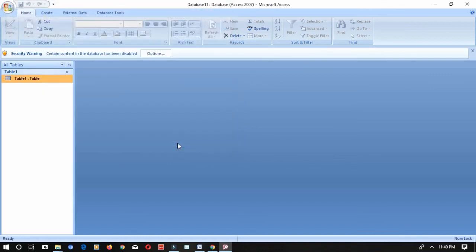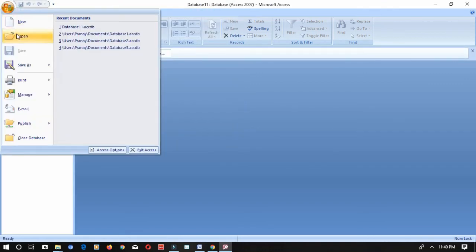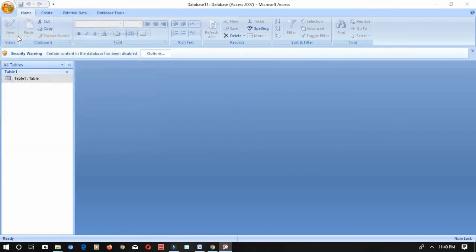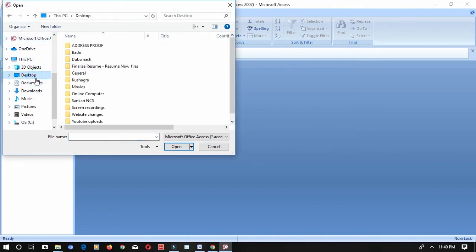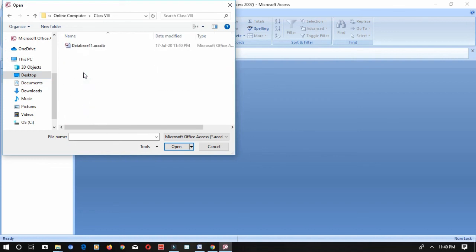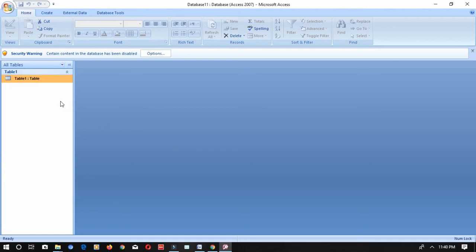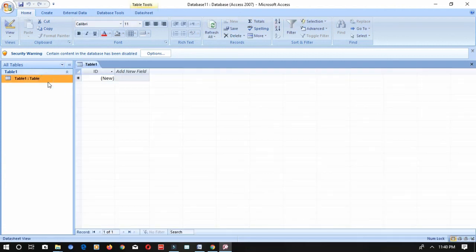If I wanted to open it, where should I go? I have to go to open and go to the desktop, and then in the computer in class 8 I've saved this database, so I can open it this way also. This way you can open your existing database.